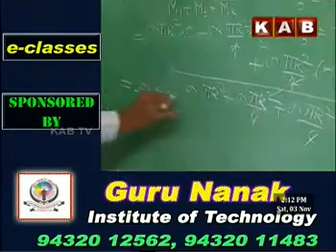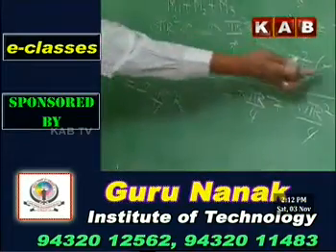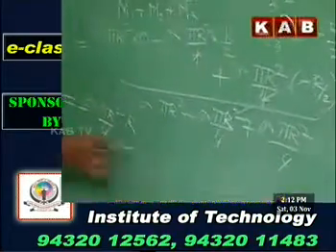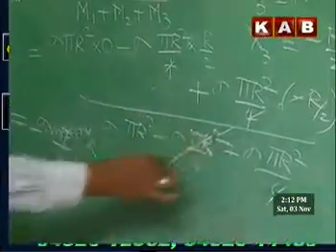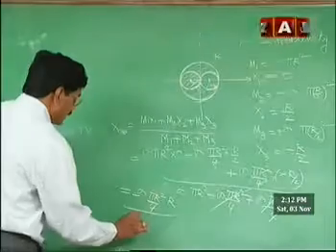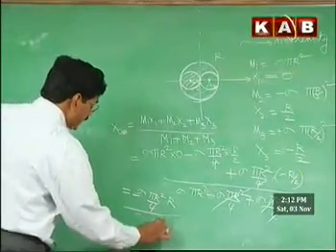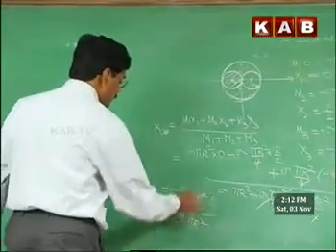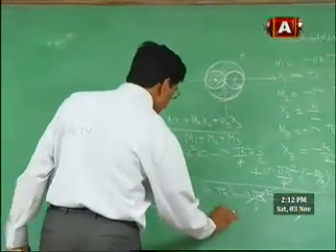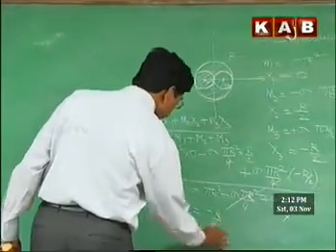Into minus r. r by 2 is r. Both are added up, divided by... here, these two get cancelled, and sigma into pi r square. Sigma pi r square gets cancelled. Here we have minus r by 4.